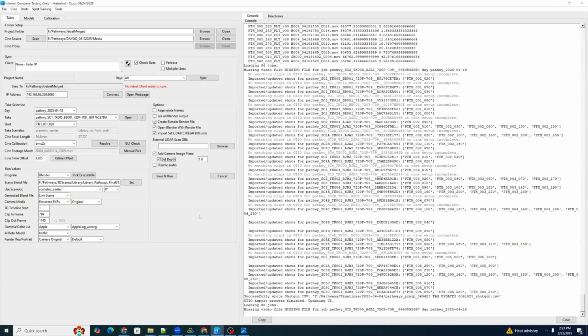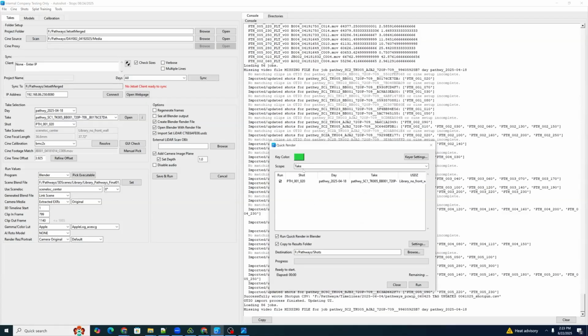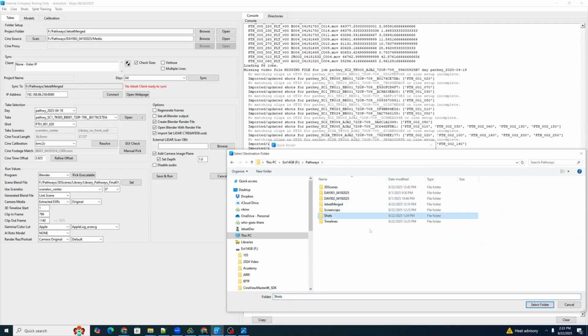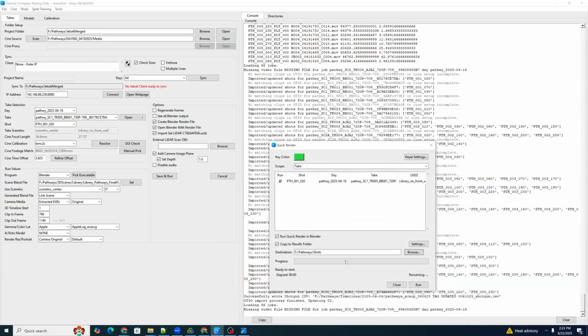Okay, so once we've got the basic setup for this initial shot, we can actually go up to Shots, Quick Render, and let's try processing it. So we'll just pick our take. We are going to tell it to copy to the results folder. In this case, I'll show you where that's at. I've created a new folder called Shots. We'll pick that folder. And we can also configure how we are going to create our shot folder structure here